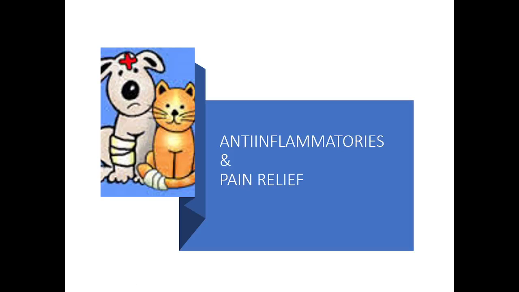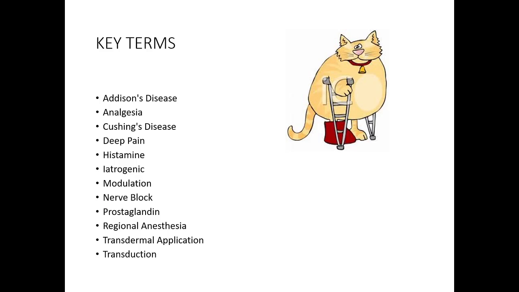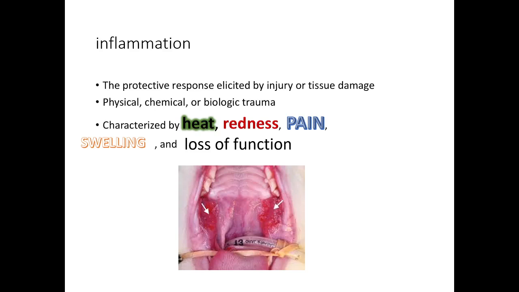This is Applied Pharmacology, Chapter 14. In this chapter, we talk about anti-inflammatories and pain relief. There are certain key terms that are part of this chapter. They include Addison's disease, analgesia, Cushing's disease, deep pain, histamine, iatrogenic, modulation, nerve block, prostaglandin, regional anesthesia, transdermal application, and transduction. So there are a lot of different things that you should remember from previous